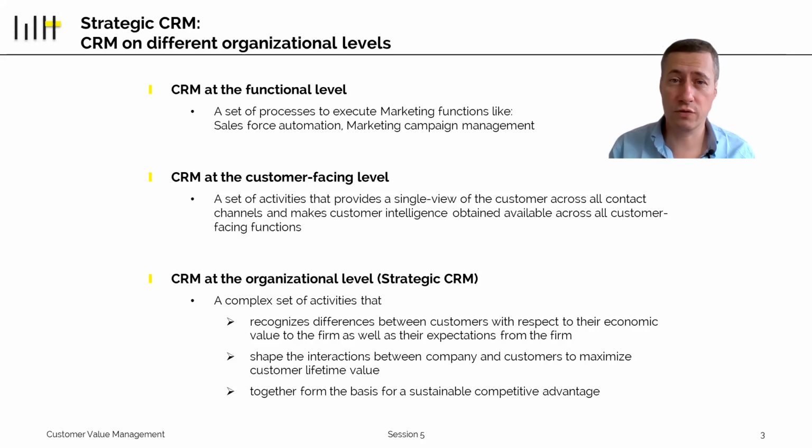So for the purpose of the first 5 sessions and also for the purpose of the remainder of today, CRM is a set of activities that understands that people are different regarding their value to the firm. Remember session 2, where we talked about the pyramid and that some people are on the top and some are on the bottom. That companies need to treat these people differently depending on their value in order to maximize the value. We talked about loyalty programs, for example, and unprofitable customer management in that context. And that this creates a sustainable competitive advantage, which, if you go back to session 1, you may remember, means creating shareholder value.